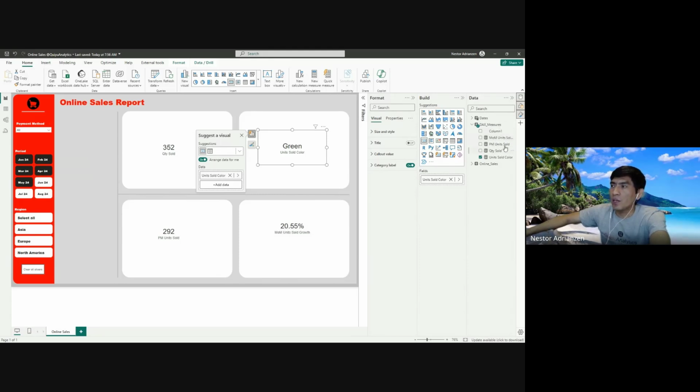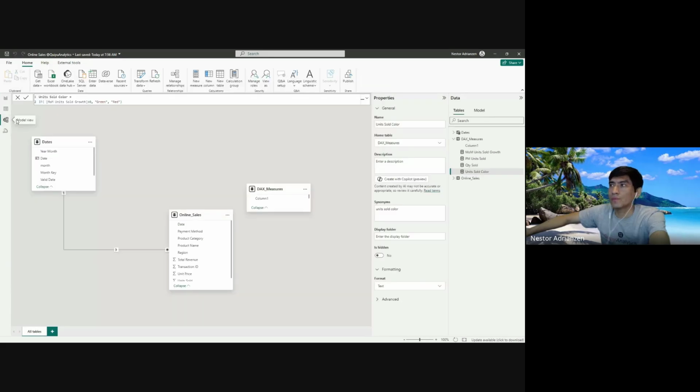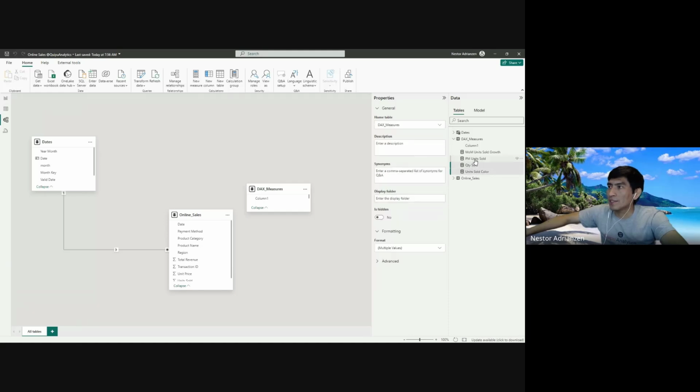The next step here is to organize these measures in a folder. So let's do this. This is also a good practice, my friends. You want to go over to Model view, hold down Control, and let's start selecting these